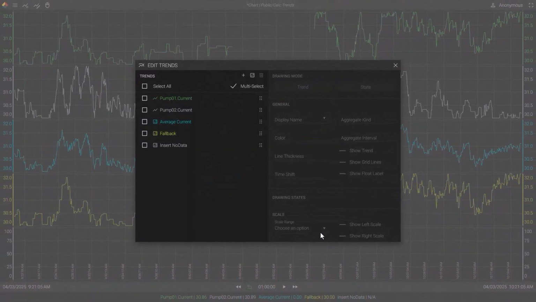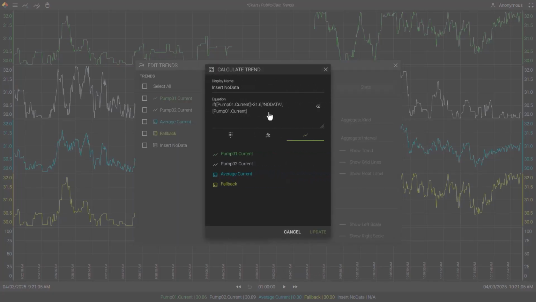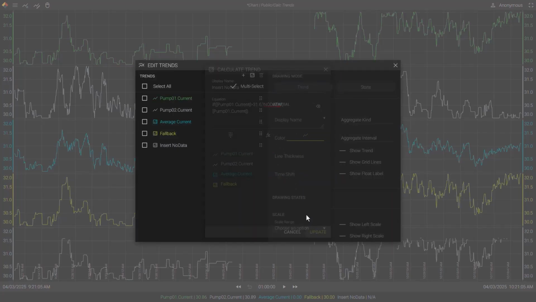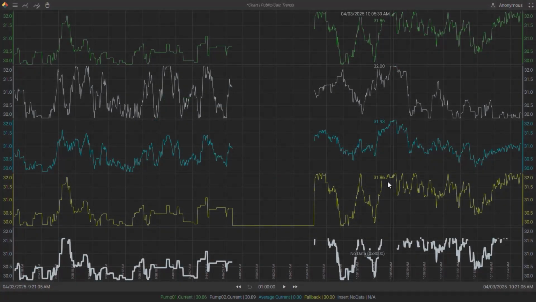If nothing appears on the chart after creating the calculation, that indicates it could not parse the expression correctly. In this case, I forgot to close off my parentheses. So there you can see we have created a gap in the trend whenever the tag